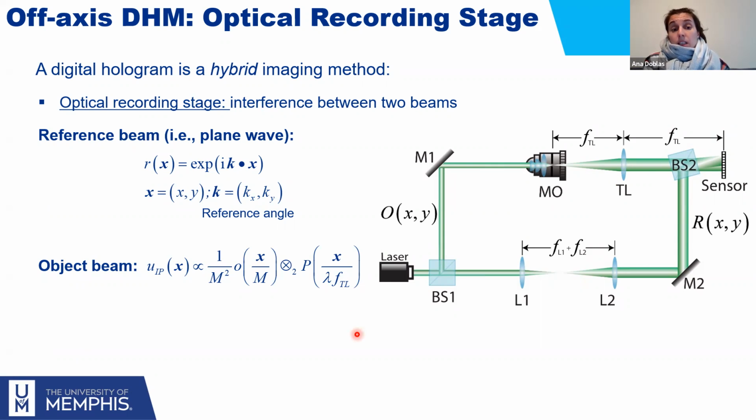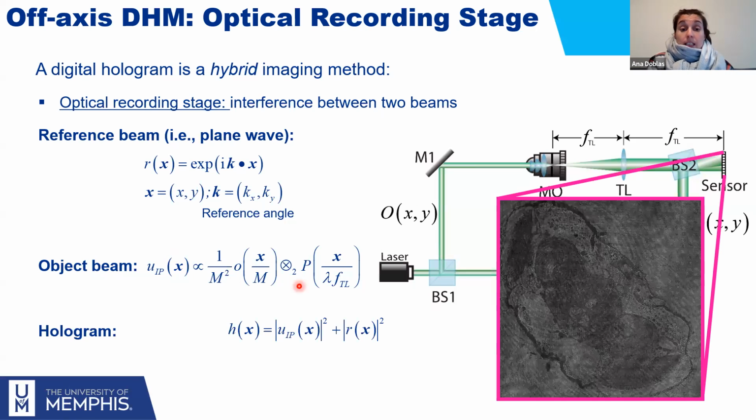So what that means is the amplitude scattered by the object is just the 2D convolution of the complex amplitude distribution of your object with the point spread function of your system, which is a replica of the Fourier transform of the pupil of the microscope. And since it's an interferometer, we are